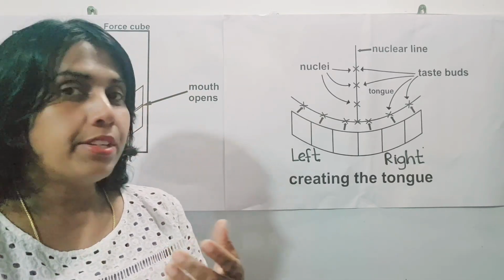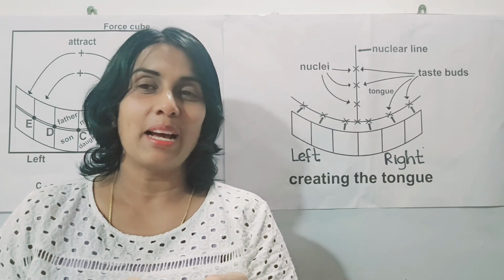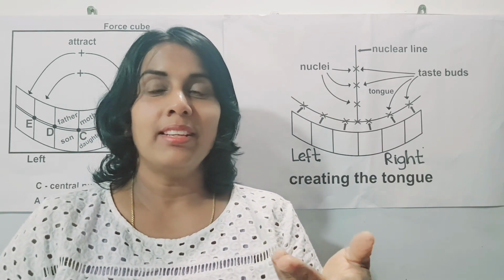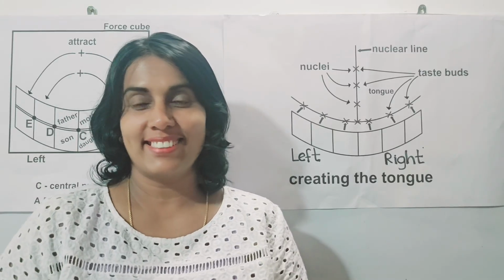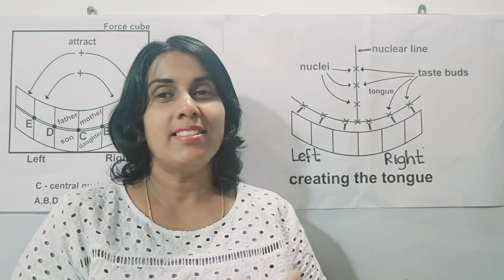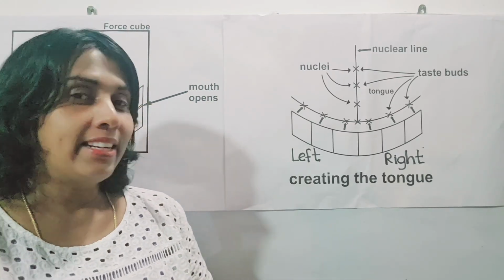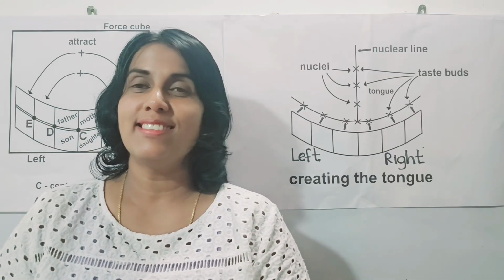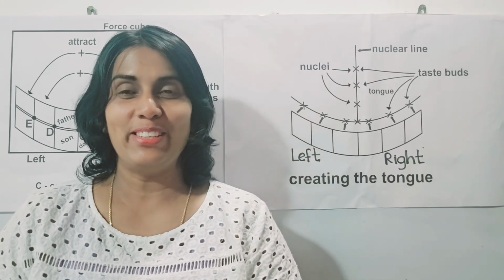So when it comes to our world, our teeth come when a baby is born, he gets teeth after the creation of the tongue. But when it comes to the universe's origin, it's totally the other way around, because what we are observing through our eyes, what we are experiencing in this world, is totally opposite to what is existing at the universe's origin.